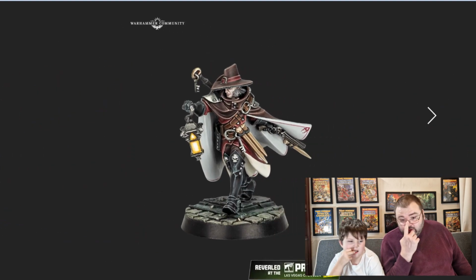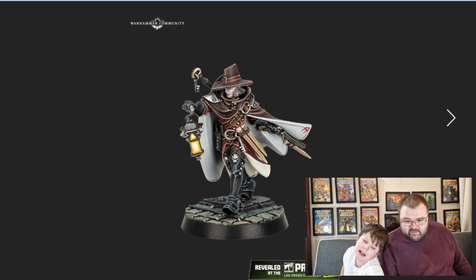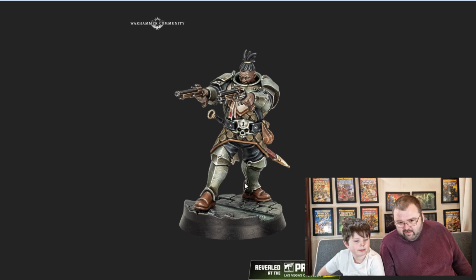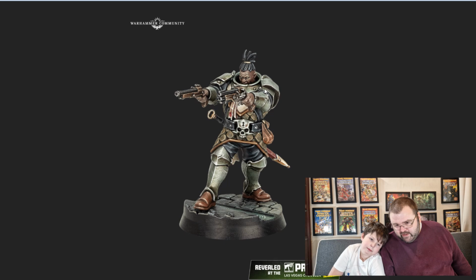I quite like these. These are cool. They're alright. I'd like to paint them at least. He's got flintlocks. Oh, I like that model. He's got flintlock pistols. It's a good model. I think this could convert to a really, really good